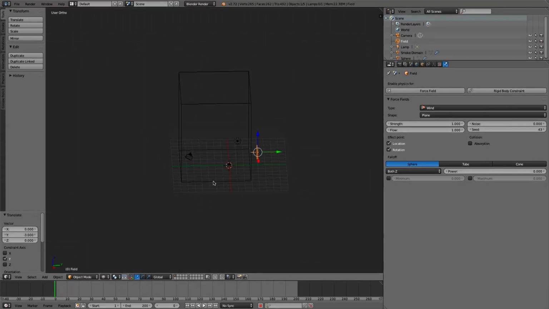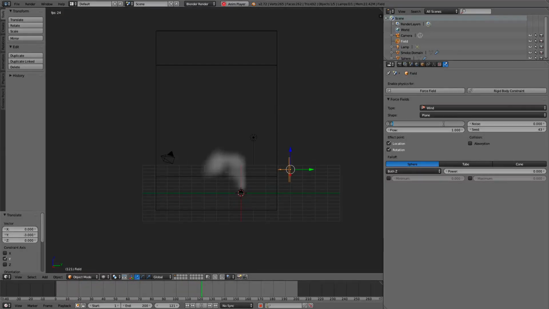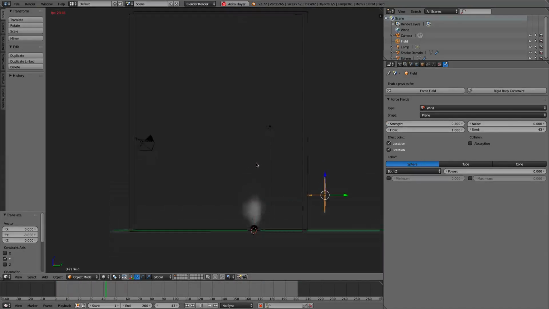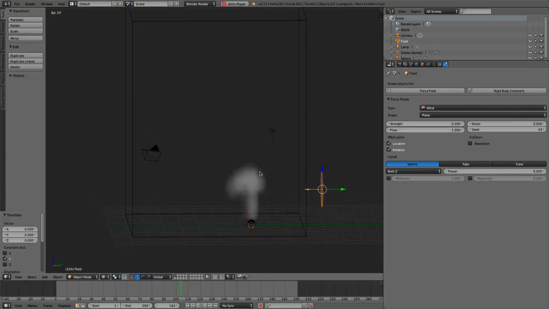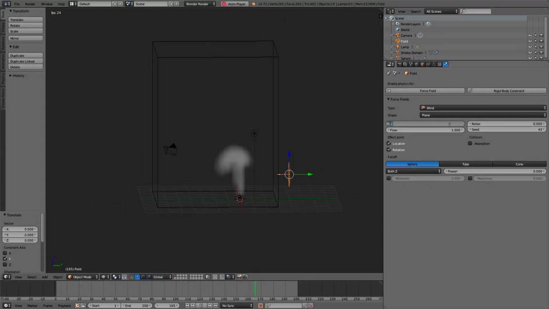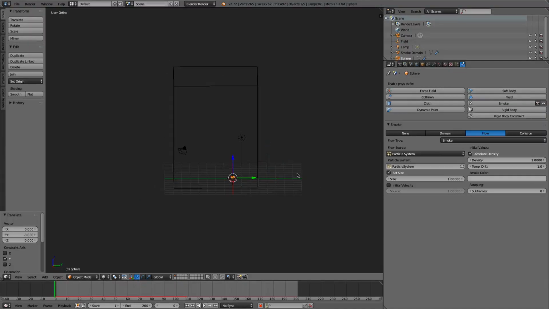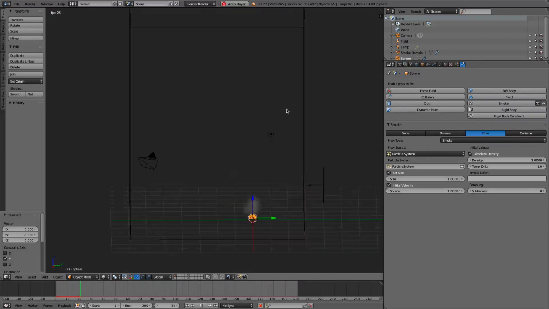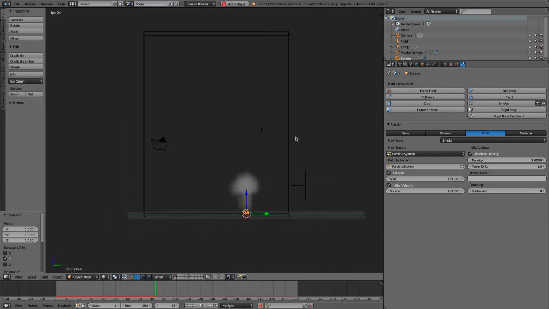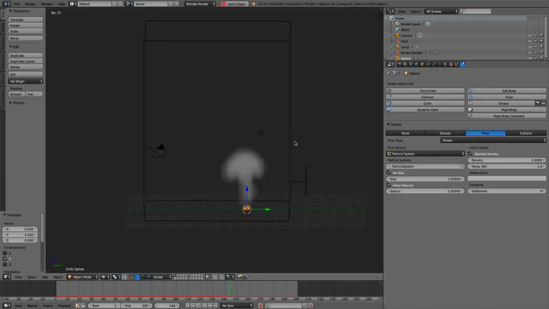So if we click Alt-A now, we get a smoke that's moving to the side. It's a little bit too much, so we'll put this at 0.2. And we'll let it reset itself. Yeah, just barely moving to the side, maybe even 0.1. Alright, and that looks to be good. One thing we can do is check initial velocity. This can allow your smoke to go out a little bit faster. It's really up to you if you want to add that or not. I'll just leave it in just cause.